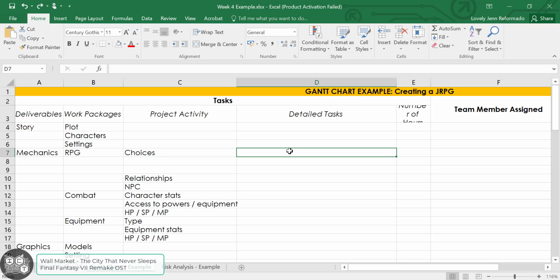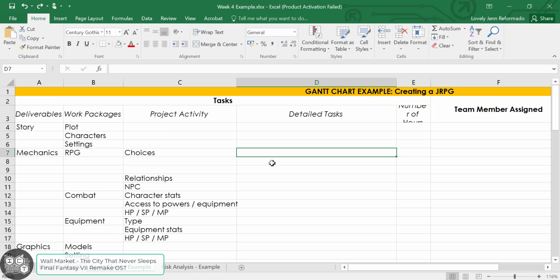However, depending on your resources, like let's say your manpower as well as your time, then you may have this one. So under detailed tasks, we'll be looking into the choices. Under this, it's best for you to create a step-by-step process of what you're supposed to do. So with this one, it's best for you to reference your flowchart and see what are the things that you